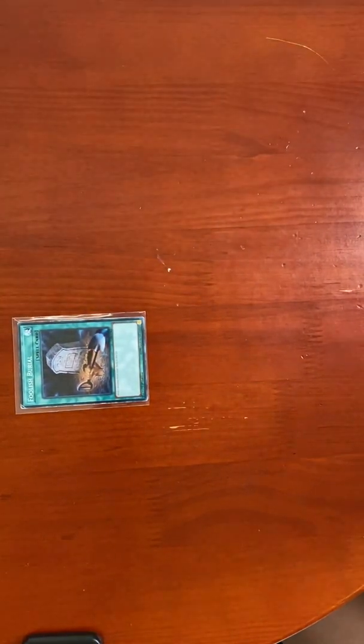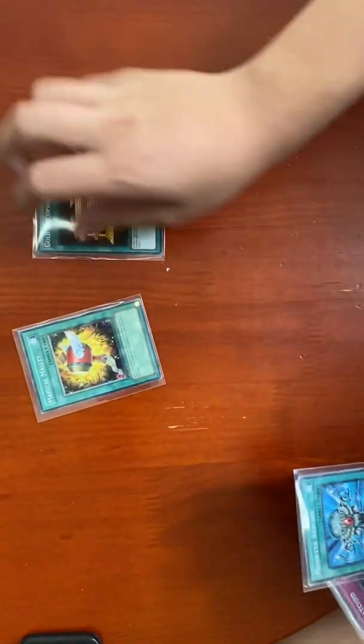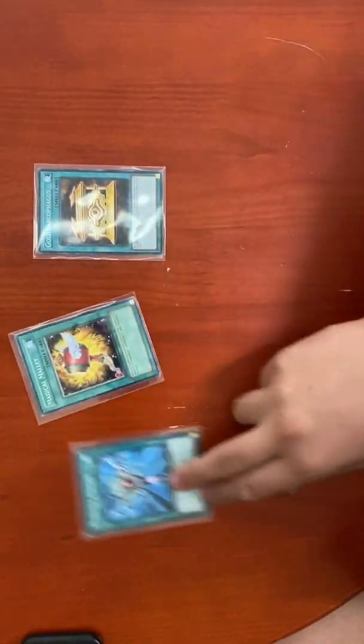Next, I have a Foolish Burial, because Drytrons can be summoned from the grave by way of their effects. So Foolish Burial will help me get some more of those, hopefully. Then I got Magical Mallet, Golden Sarcophagus, and Monster Reborn. Monster Reborn, I'm not going to explain that. We all know what that one does,